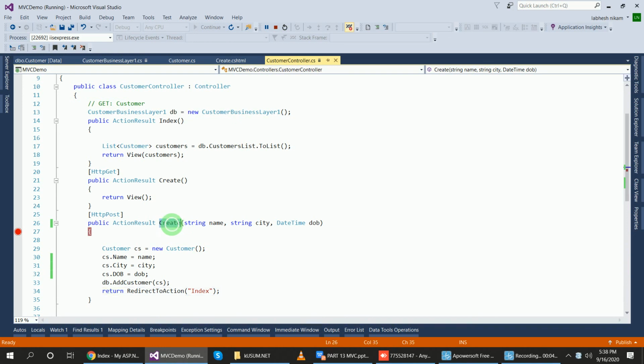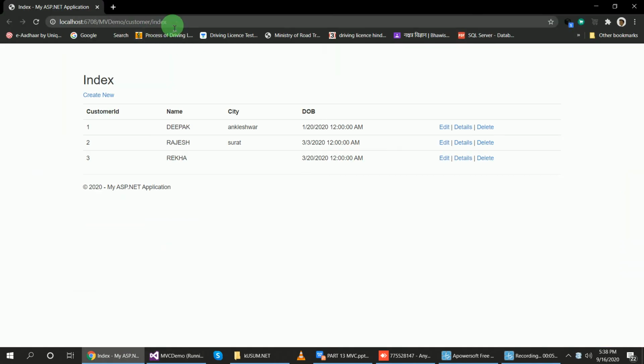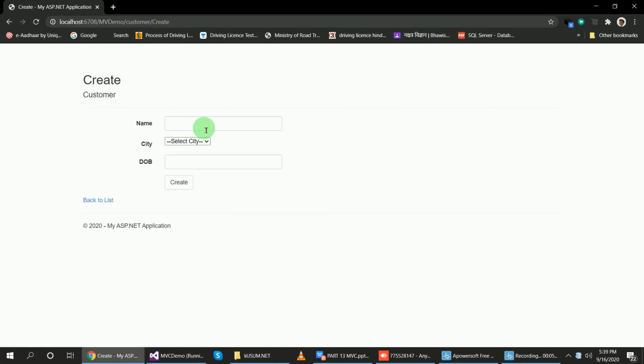Guys, you can see here this is my customer controller and index is the name of the method. No, this is the create method. No problem, if you don't pass it we can go from here, create new, and it will go to the create view page. Now you can see the customer controller and create is the method name.